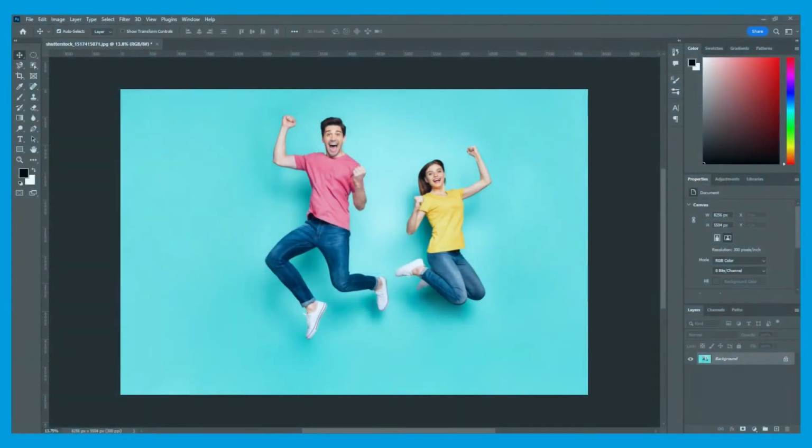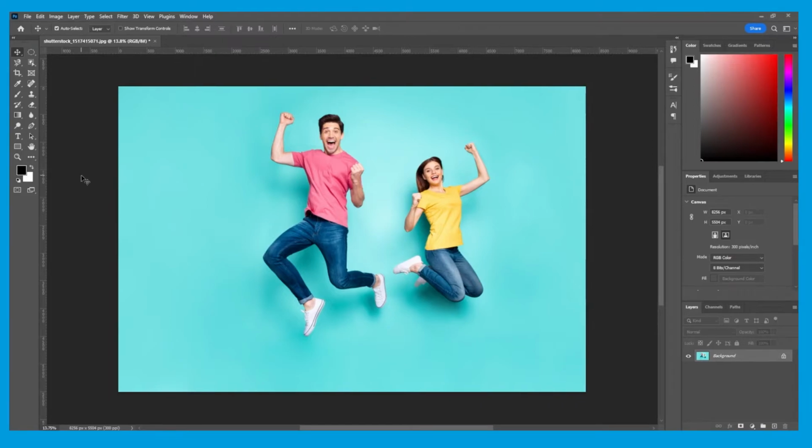I've opened up my third and final image in Photoshop, and I'm going to teach you a few more techniques to cut out images or remove backgrounds from an image. The first tool I'll be teaching you how to use is the Object Selection tool. The Object Selection tool is a very quick and easy way to select an object. It's quite simple to use as well.